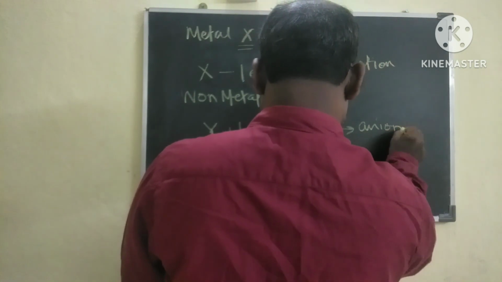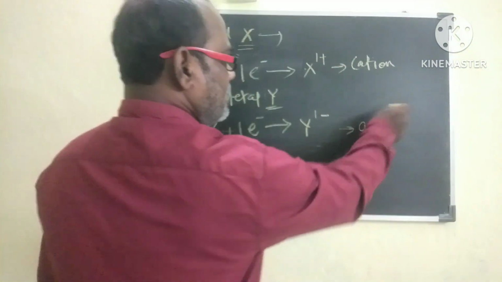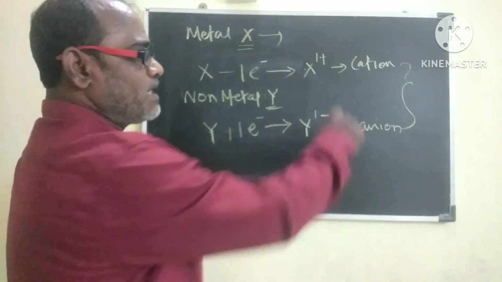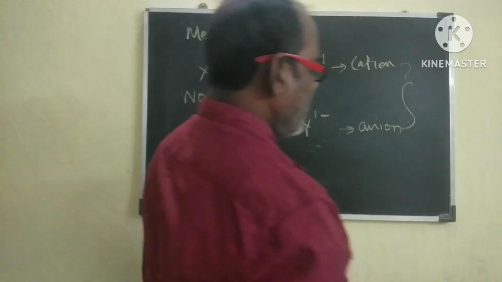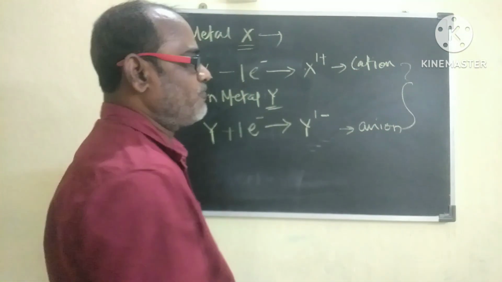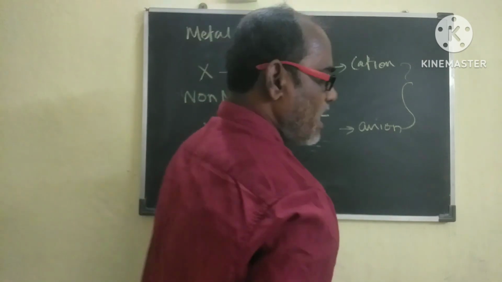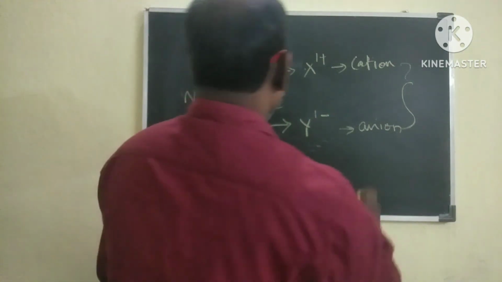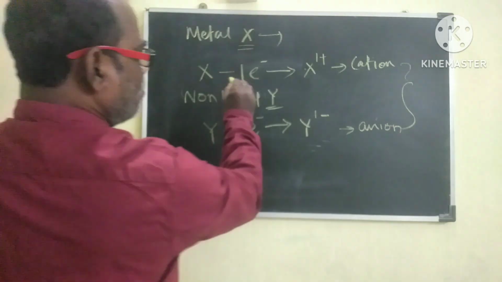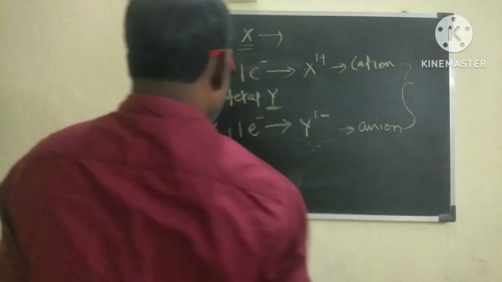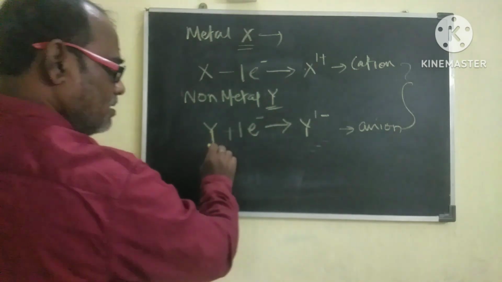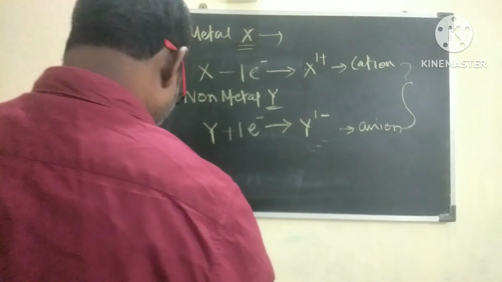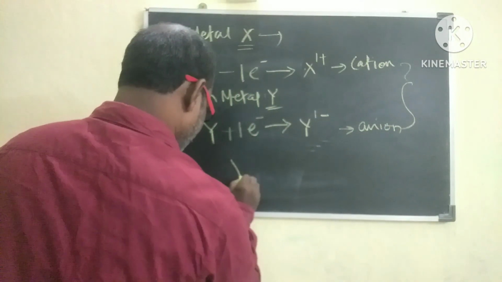and this is the anion. Now there is an attraction between cations and anions, isn't it? So there is an attraction between cations and anions and it forms an ionic bond. That means an electron transfer bond formation is there. Now what happens? The metal X donates one electron and becomes a cation, and Y accepts one electron and becomes an anion. So from this we can say that